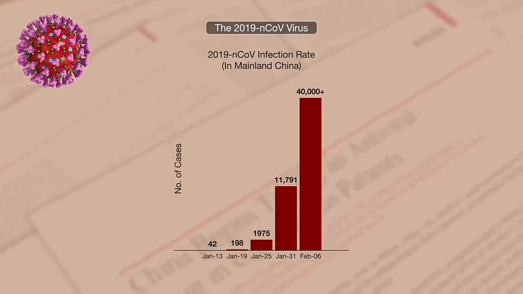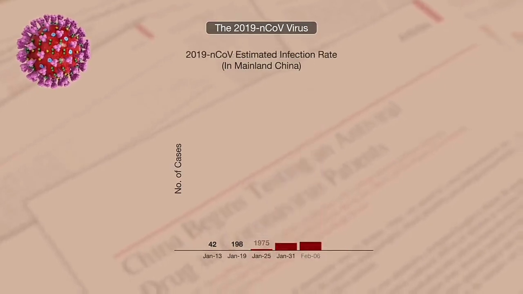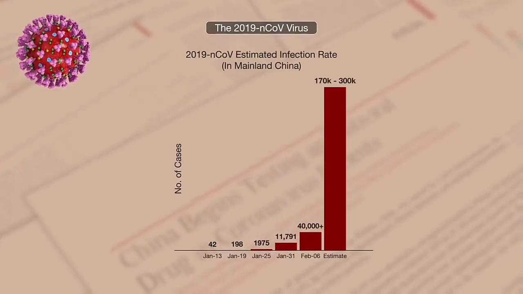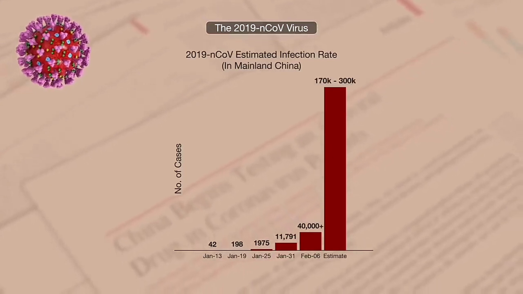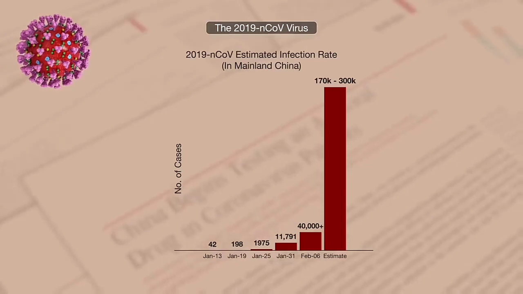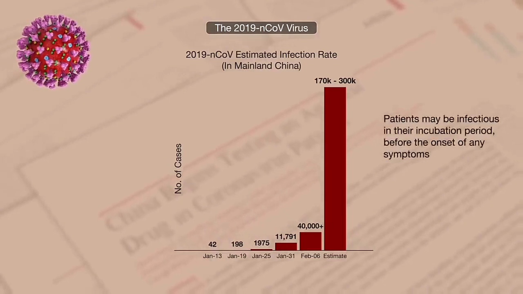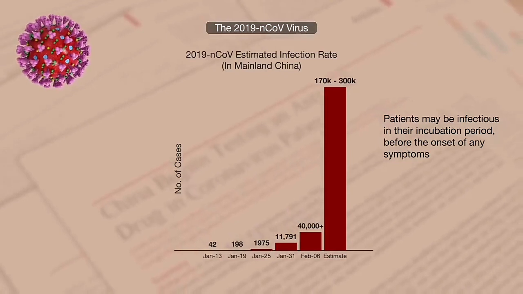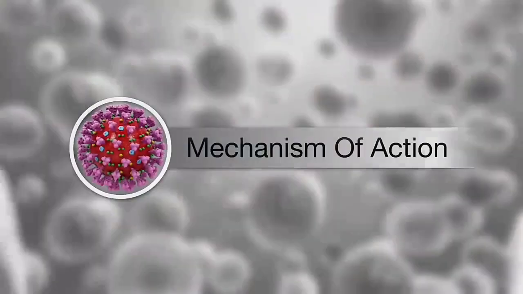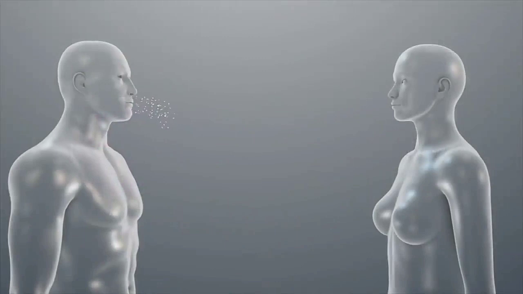The virus has, as of February 6, over 40,000 confirmed cases in China alone, and almost 200 cases in over 25 other countries. However, Dr. Jonathan Reed from the United Kingdom believes that the number of actual cases is far greater and has estimated between 170 and 300,000 by February 9. This is because the symptoms can be mild and escape reporting and testing, which is in stark contrast to SARS.